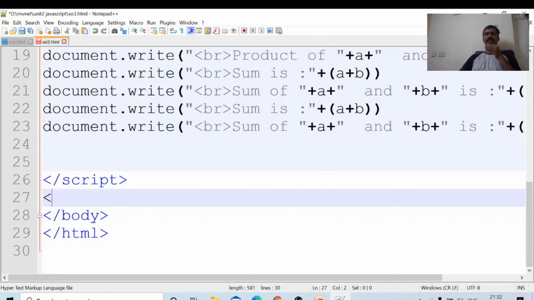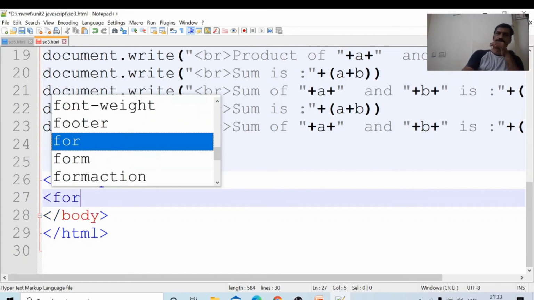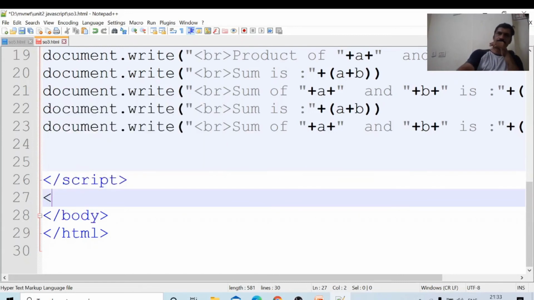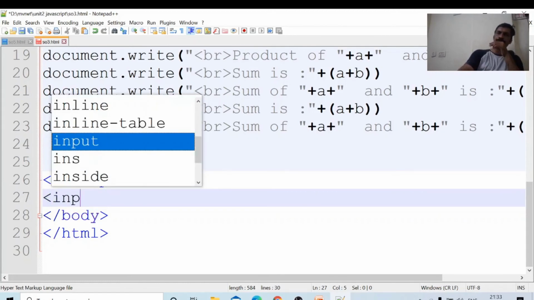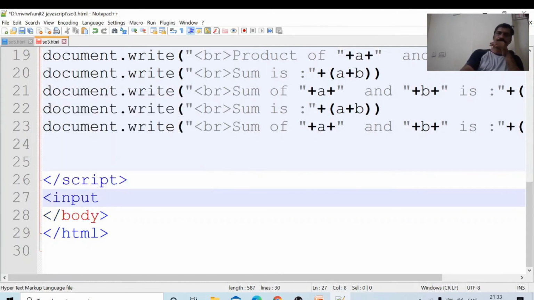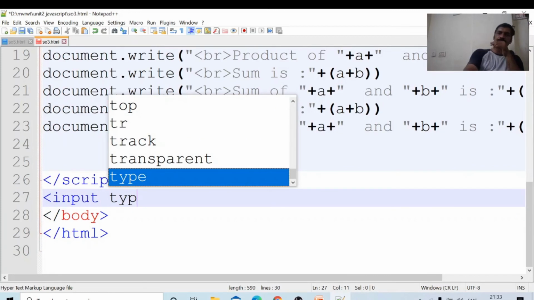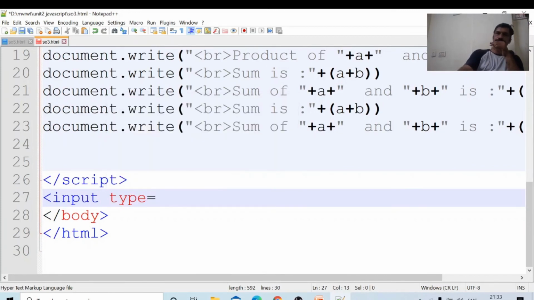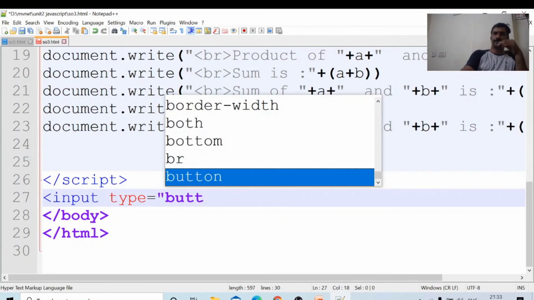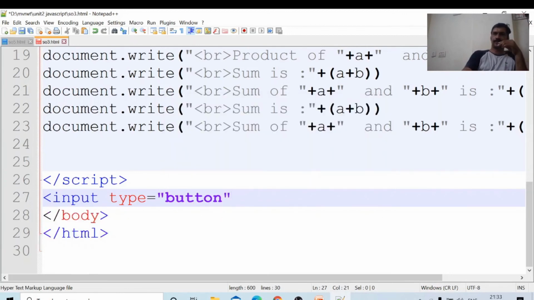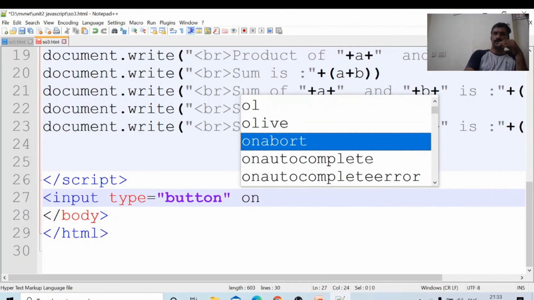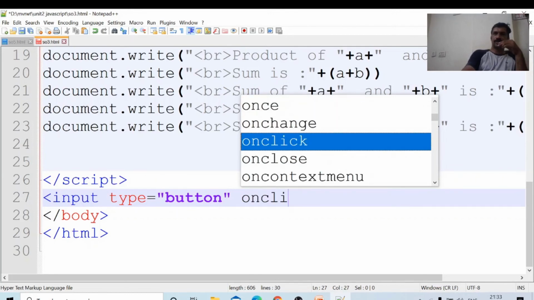Input type equal to button, onclick is the method.